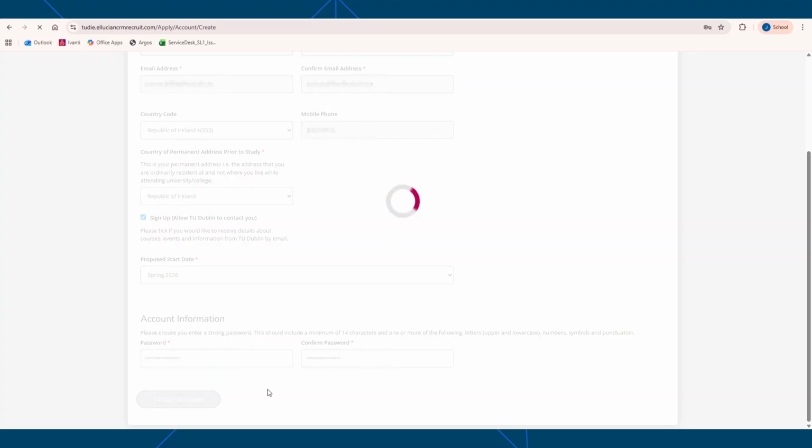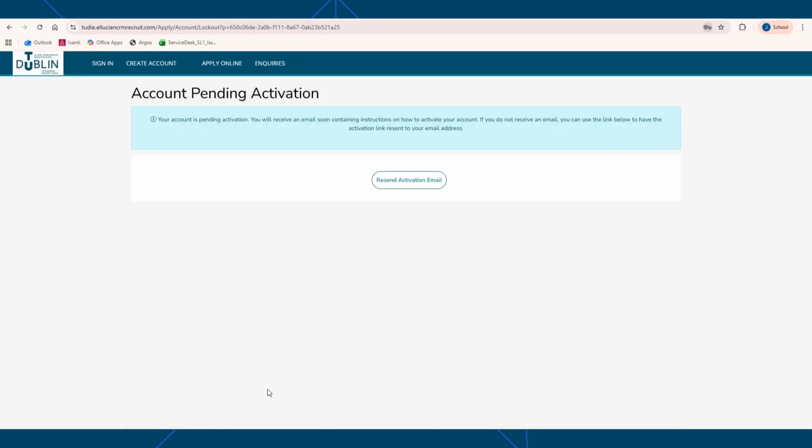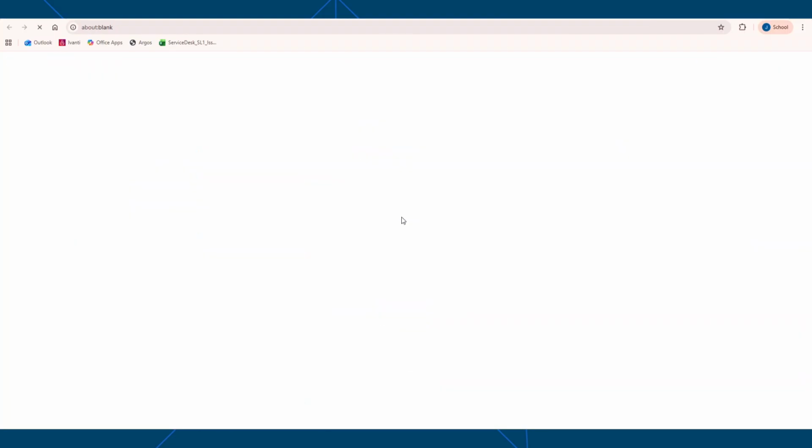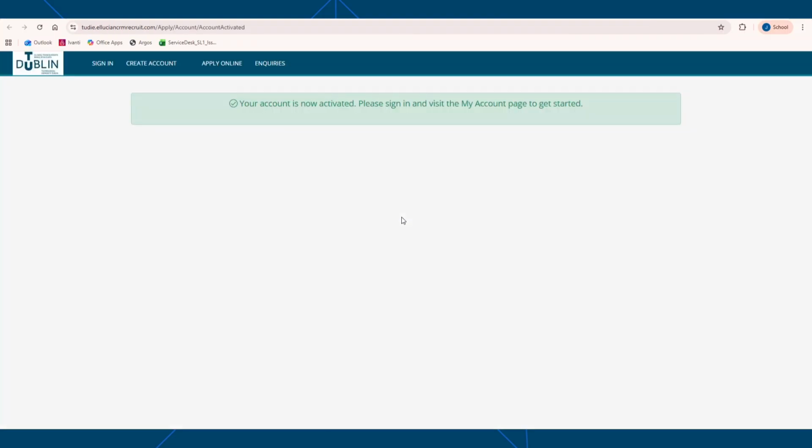Your account is now pending. You should receive an activation email directly from TU Dublin to the email you nominated for your account. If it hasn't been sent, please wait 5 minutes and then try the resend activation button. Your activation email will have a link to activate your account. Please press the link. You'll be redirected to our CRM Recruit portal and a successful activation message will be displayed